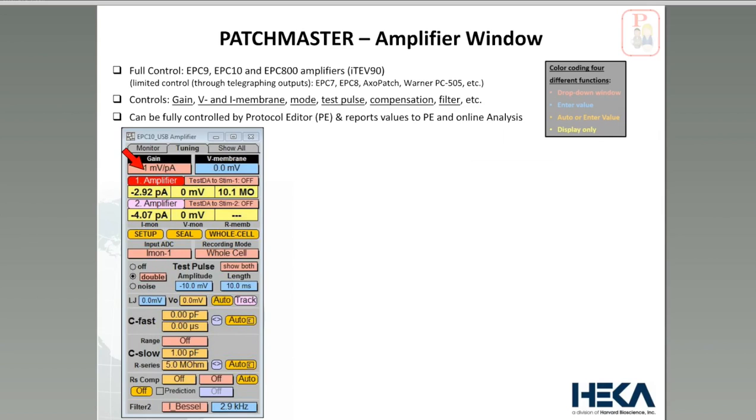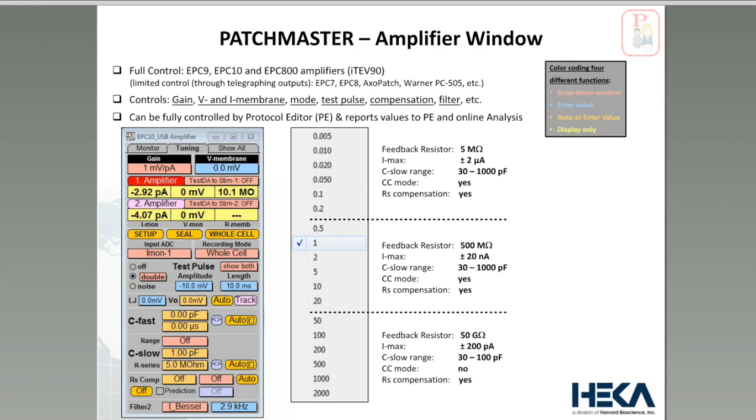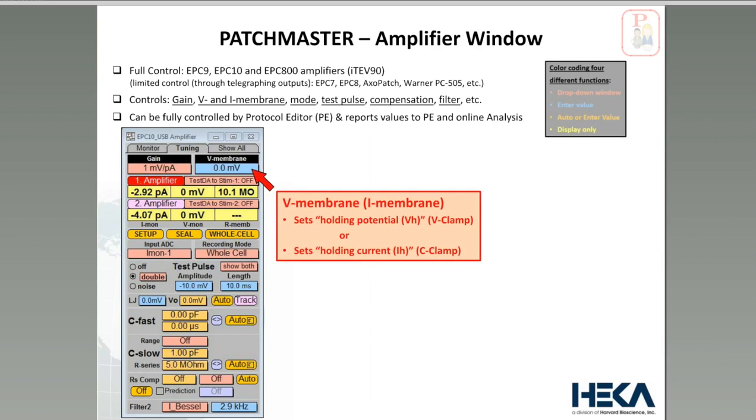Now, let's see what else we have here. The upper left corner is the gain settings. When you click on it, as you can see in the red background already indicated, it's a drop-down window. It opens up, and here you can select the different gain settings. Important to note is that depending on the gain settings, a different feedback resistor will be used automatically. Then on the right-hand side, this is where the membrane potential is being set depending on the